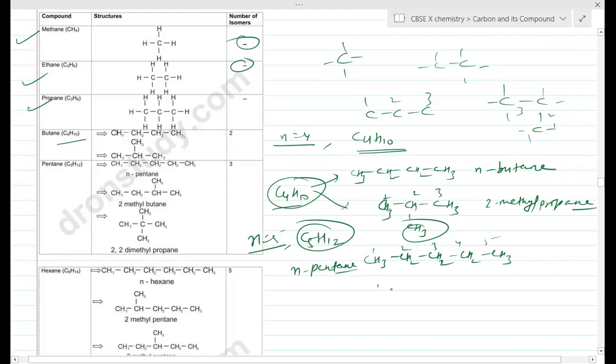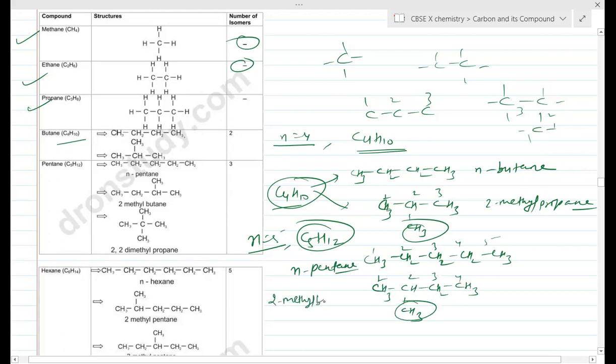Other we can write 4 in a straight chain, 1 in a branched. Okay, branching is here. So 1 bond is there means 3 hydrogen. Here 2 bond is there means 2 hydrogen. Because you have to fulfill the tetravalency. With this you see 1, 2, 3, so 1 hydrogen. With this 1 bond is there means 3 hydrogen. With this you see 1 bond is there means 3 hydrogen. So 1, 2, 3, 4. What is this? 2-methyl butane.